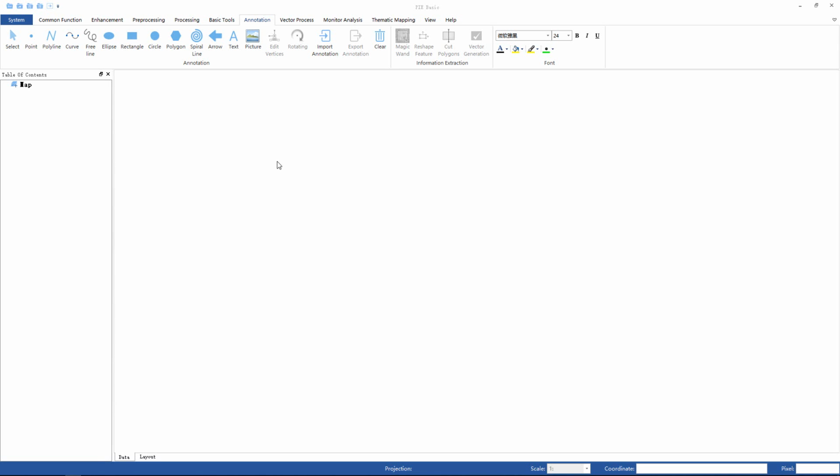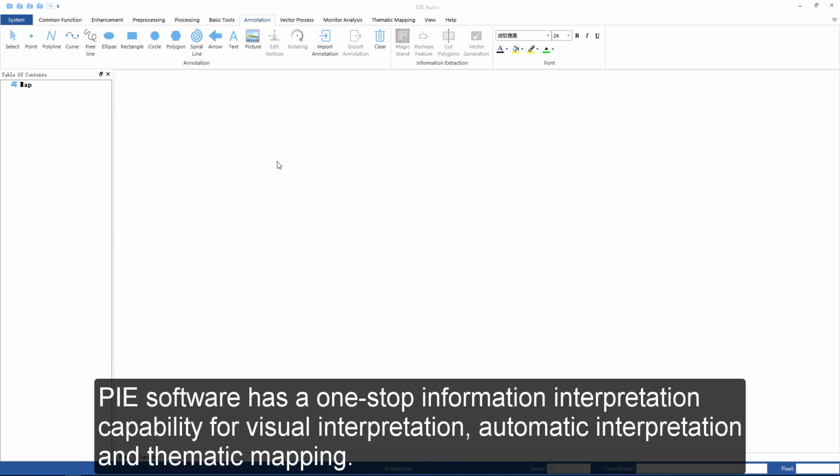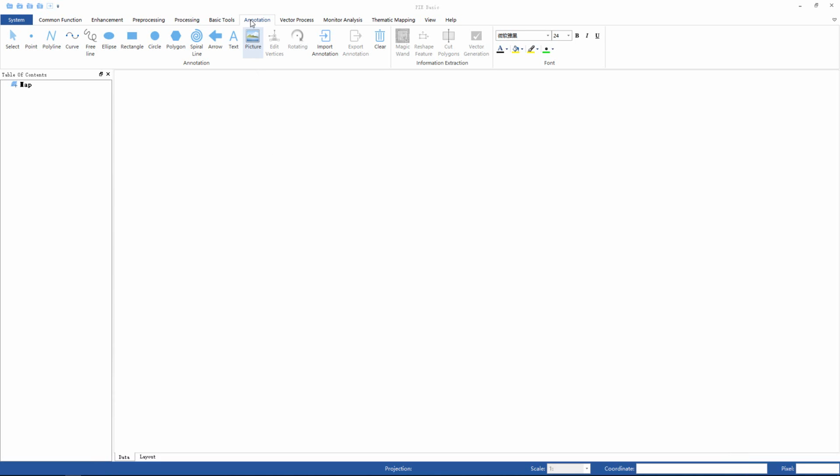Hello everyone, now I introduce the information interpretation function of PIE software. PIE software has a one-stop information interpretation capability for visual interpretation, automatic interpretation, and thematic mapping. First of all, we introduce that the visual interpretation is an